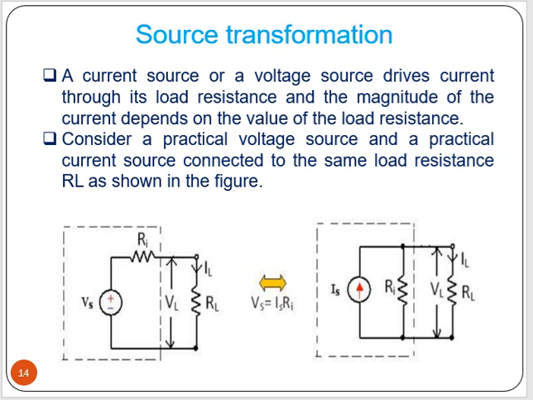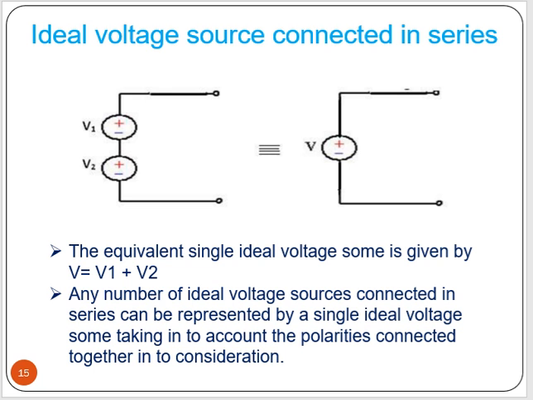Later we will solve some problems, then you will understand the concept again. Okay. Now say ideal voltage sources connected in series. Then what will happen? If ideal voltage sources are connected in series, if it is a DC voltage source, we have to look at the polarity of the voltage source. Minus plus, minus plus. So both polarities are the same. At below it is minus, then plus. It is going minus to plus, minus to plus. So these two voltage sources will add. Total voltage V will be V1 plus V2.